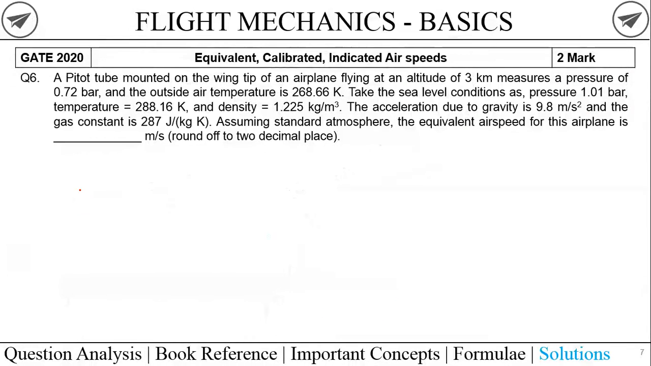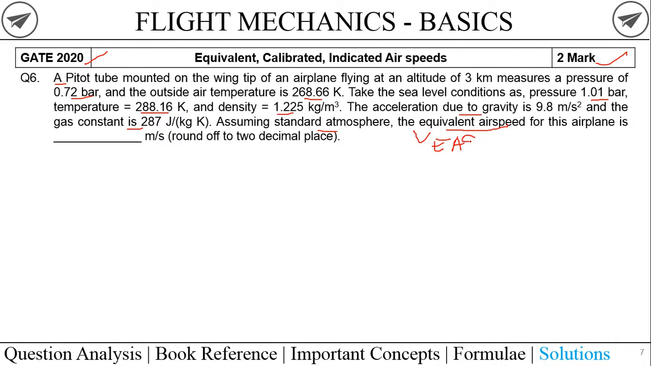So getting to the next question here, this is a 2 mark question from 2020, and the question reads out as a pitot tube mounted on the wingtip of an airplane flying at an altitude of 3 km measures a pressure of 0.72 bar and outside air temperature is 268.66 Kelvin. Take the sea level conditions as pressure 1 bar, temperature 288.16 Kelvin, and density 1.225 kilogram per meter cube. Now they have provided the acceleration due to gravity is 9.8 meter per second squared, and the gas constant is 287 joule per kg Kelvin. And assuming the standard atmosphere conditions, the equivalent airspeed of this airplane is. So they are basically asking for the equivalent airspeed, that is